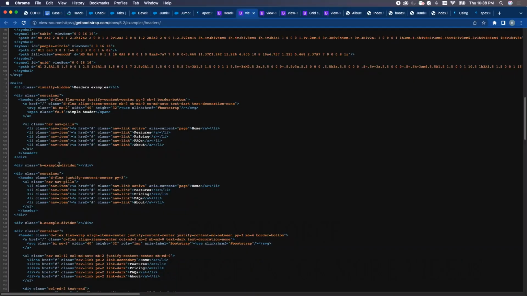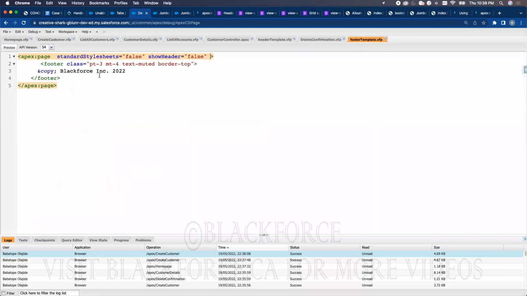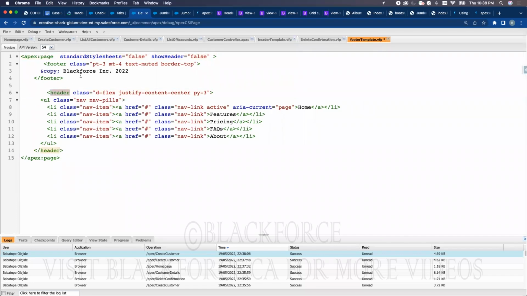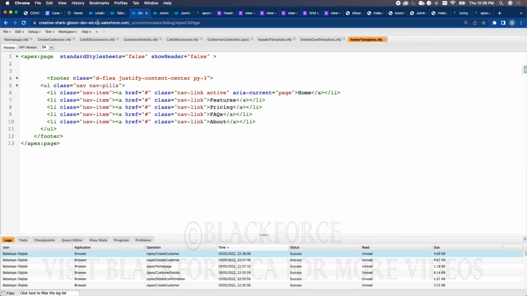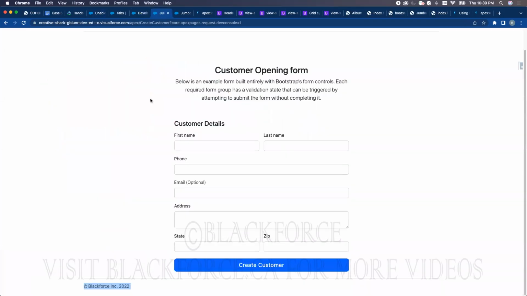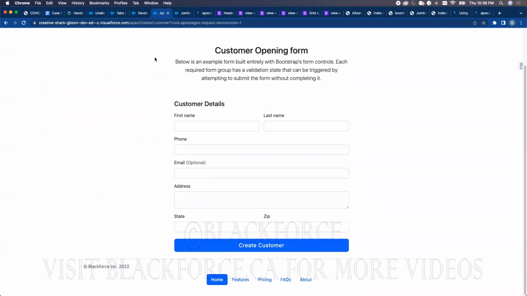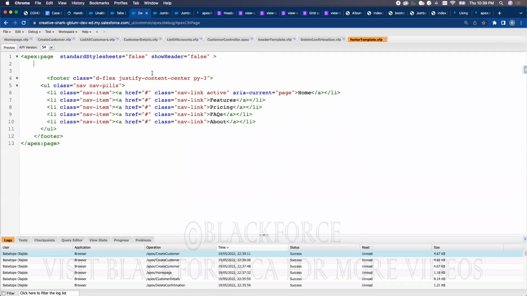Simple header is the first one. The second one is this. So I can just grab all this and put it in my footer template. Footer. Okay. Footer. And it will just replace everything we have in the footer without having us to code anything. Okay. Everything will just come here. Can you see? So we can just put